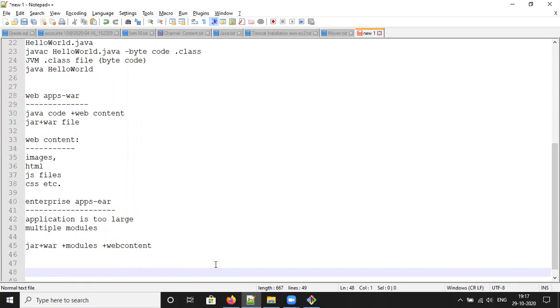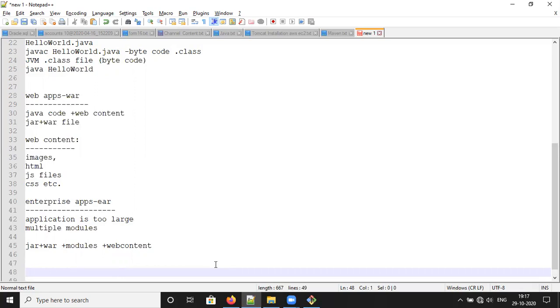Now download and install Maven. I already explained this in one of my videos, please check that. And one more important thing: while installing, you need to check the compatibility versions of any software. If it is JDK 8, you have to check for Maven 3.x and above. If it is JDK 1.7, check the compatibility version.